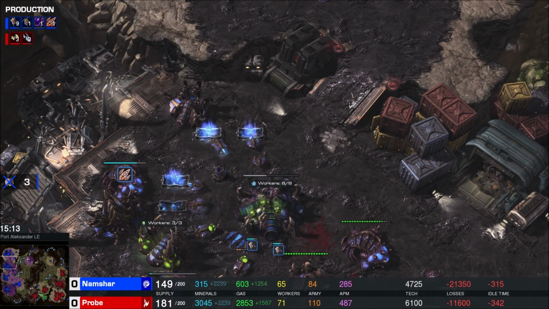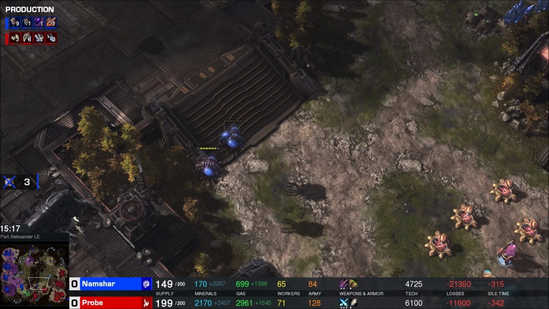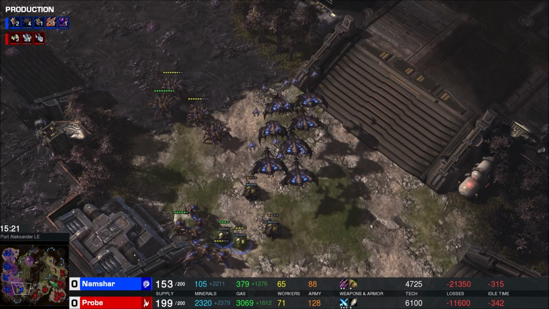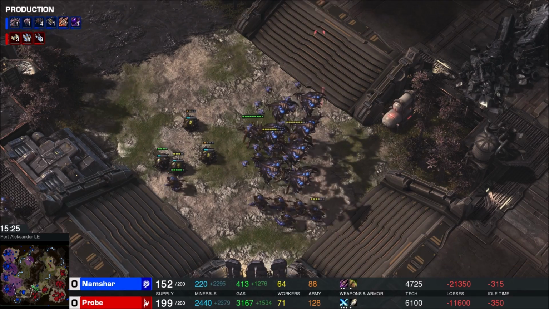Yeah, I mean, Probe's at 5 bases. Namshar's been on 4 for quite some time now. That is not boding well for the Zerg player. His attempt to go to tier 3 got scouted. It's been prepared for. There's Void Rays in production now, which are beautiful against Broodlords, as long as they're not